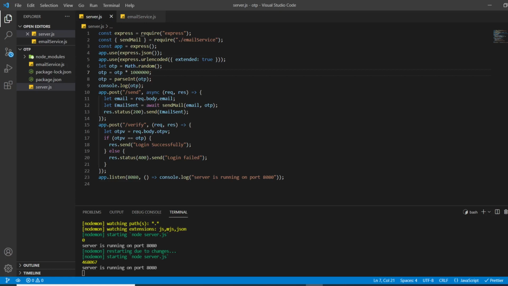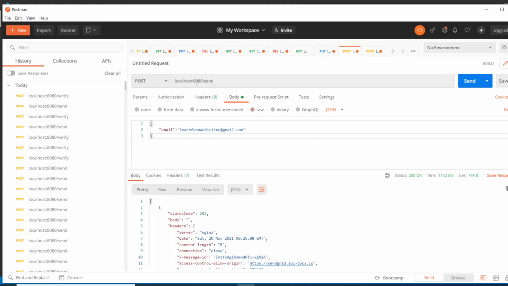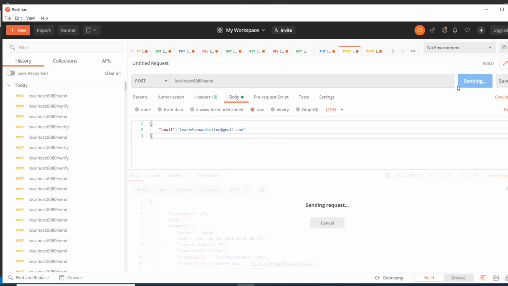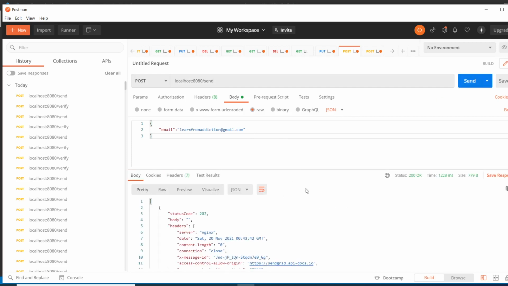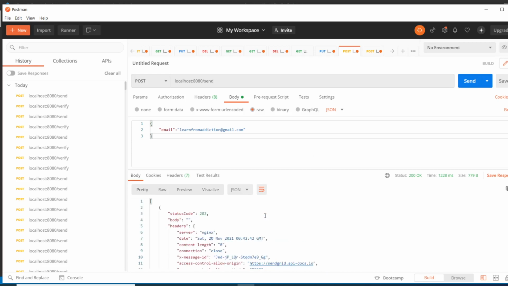So I have already made the endpoint. These are normal stuff, you can do it anytime. So I'll just open my Postman. Here I have already inserted the email on which I will send the OTP. So I will send all the OTPs to this email. Let me just click send. You can see the email has been sent successfully. We are getting a whole bunch of keys and values, or you can simply write that the email has been successfully sent. It is up to you, right?